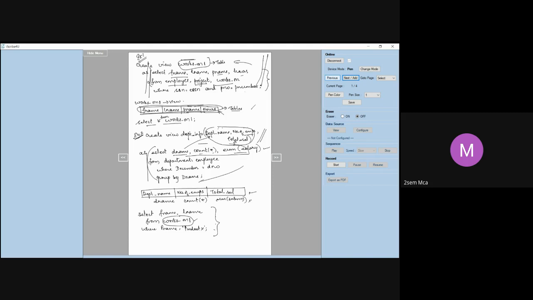Now, as I told you, the difference between a view and a table is that in a view we are extracting, we are not doing anything else. But in a table, you can always store. In a view, you cannot actually do that. A view is actually a virtual entity. A table is always a physical entity. Understand that?